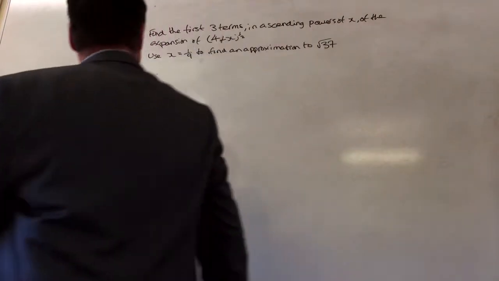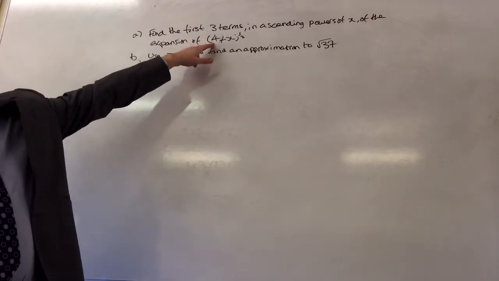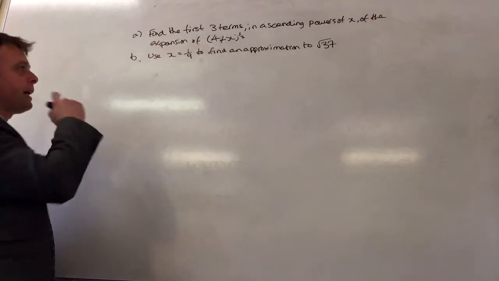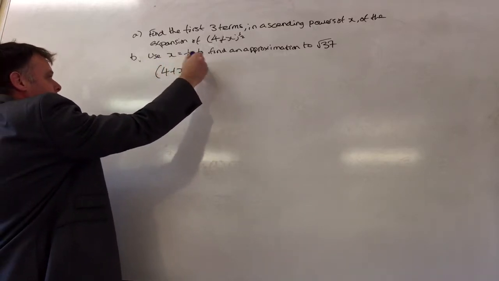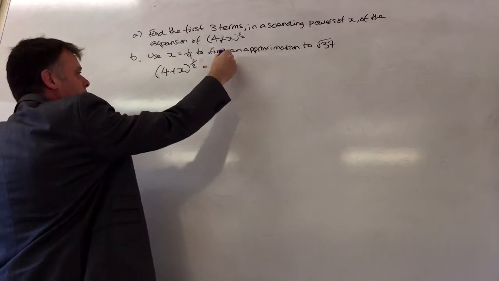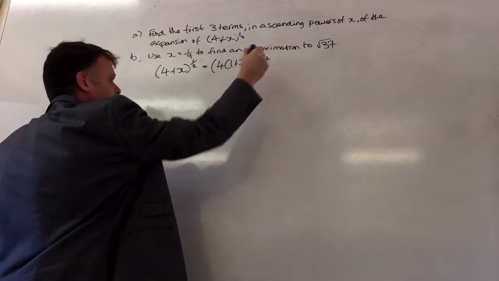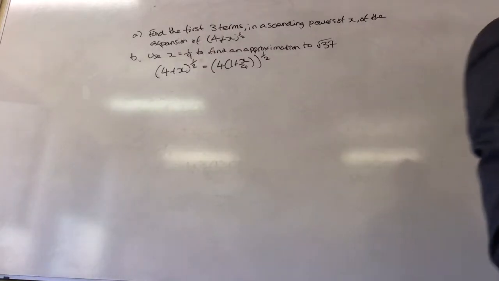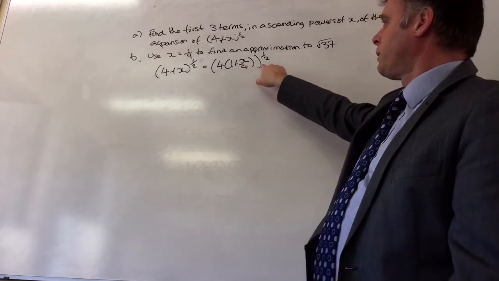So, I'm going to expand this thing here. It's slightly more complicated because it starts with a 4 rather than 1, and we can't expand that kind of approximation unless it starts with 1. So the first thing we need to do is take a factor of 4. And we end up with that thing there. Same thing, but notice I've put the whole thing inside the bracket to the power of